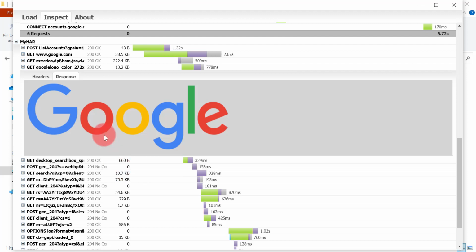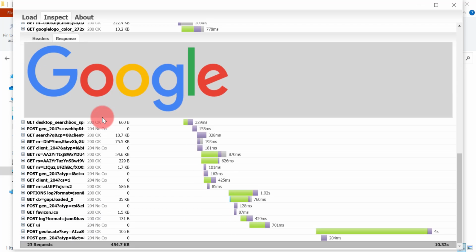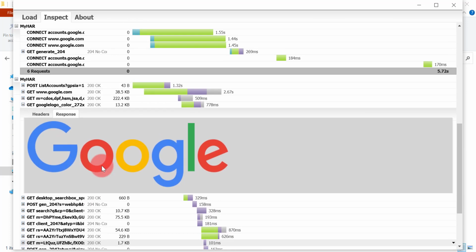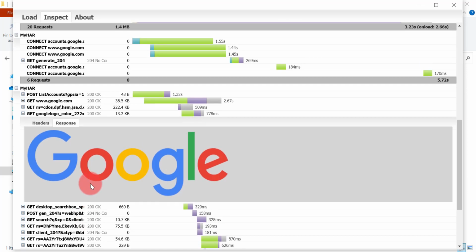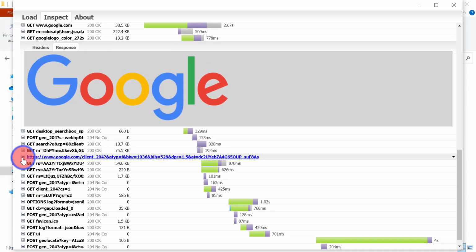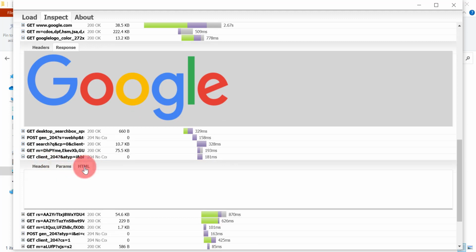Whatever the network logs or HAR logs are there when we open google.com, the same got generated, and we have exported into our .har file using the BrowserMob proxy. So all these details with the status code, response, different headers, different params, are going to help developers to find the root cause for any application issue or functional or UI issue, and they can fix that issue in less time. So if any test case, your Selenium test case, failed, then you can have this file generated at the end of execution. You just have to share that file with the developer and they can fix the issue as soon as possible.